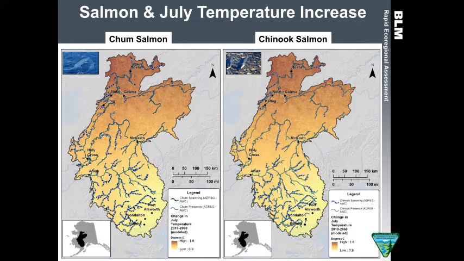We won't go into a lot of detail. In fact, I'll just focus really on Chinook salmon and the potential impacts of temperature increases on Chinook salmon. But just to orient you with the figures here, the gradient in color represents the change in temperature from 2010 to 2060. So the southern part of the study area is projected to undergo less of a temperature increase, around 0.9 degrees Celsius, up to the northern part of the study area that's projected to undergo the greatest increase, up to 1.6 degrees Celsius. Again, this is air temperature change.